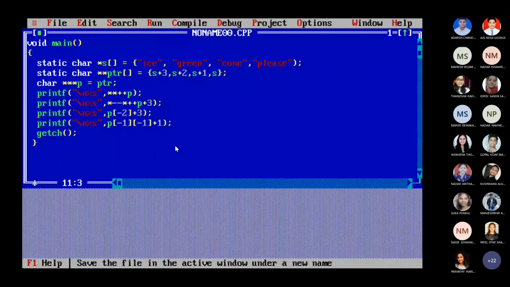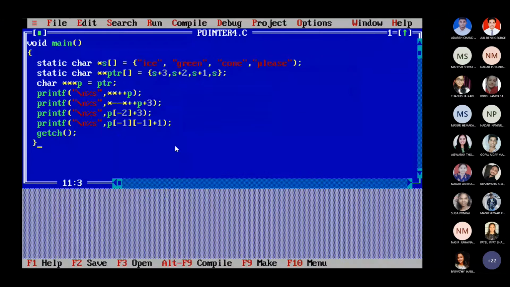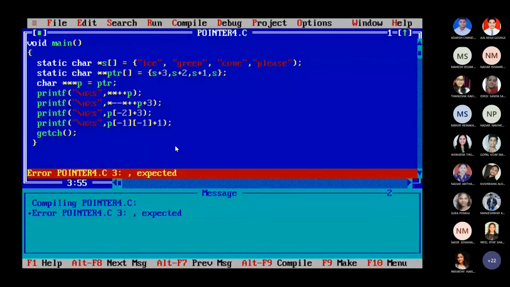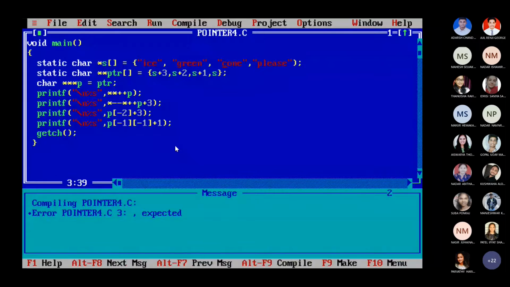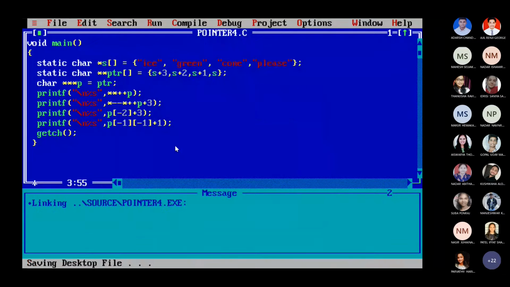Let us save this with some file name, pointer4.c. What is expected is a comma, it is saying. Let us see the output now.